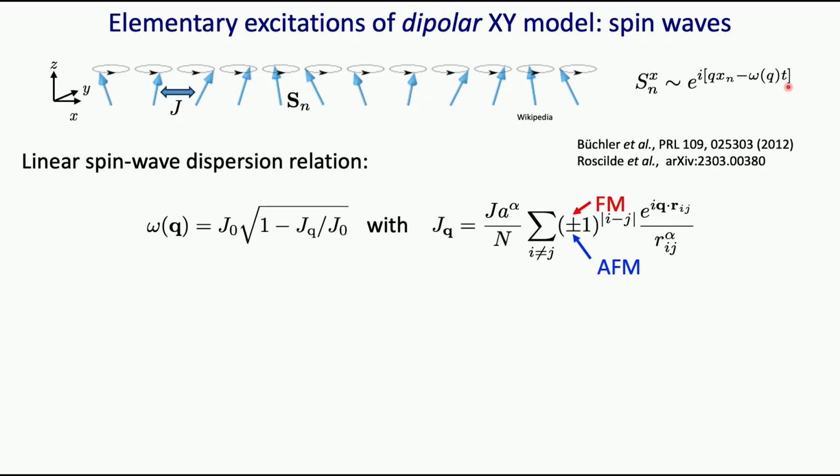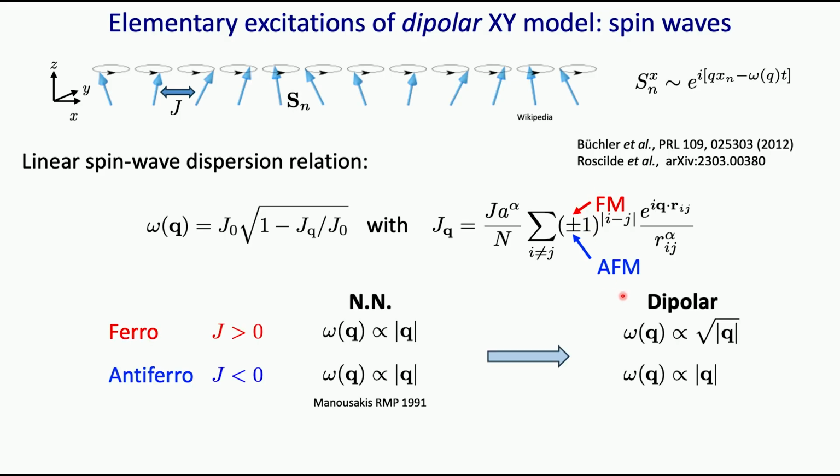So this is the dispersion relation. It turns out that you can do some linear spin wave dispersion theory, which you have to be a bit careful with, because it may not converge, so there are technicalities here. But essentially, the result is that the frequency of the spin wave is related to the Fourier transform of the interactions. The interaction is this 1/r³, and it will be different whether you've got ferro or antiferromagnetic interactions.